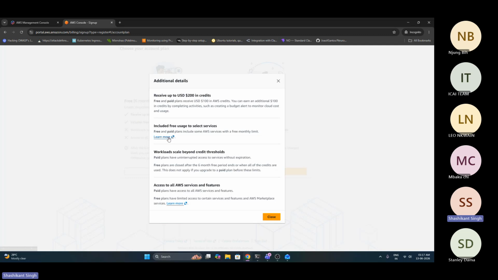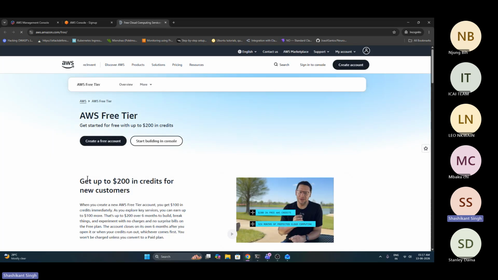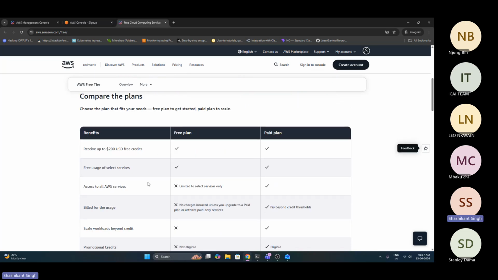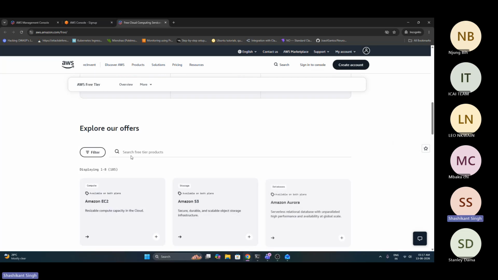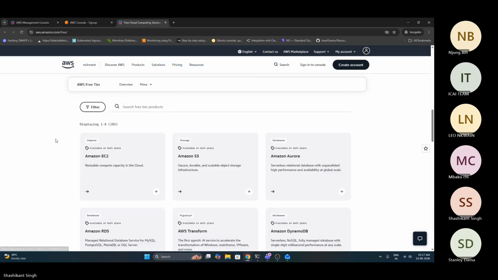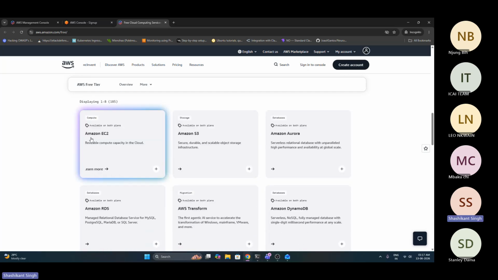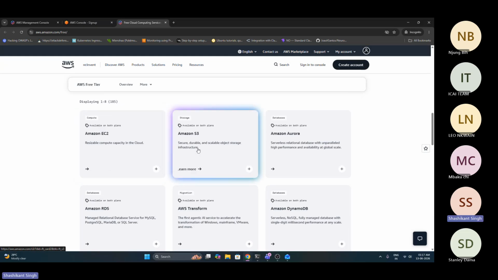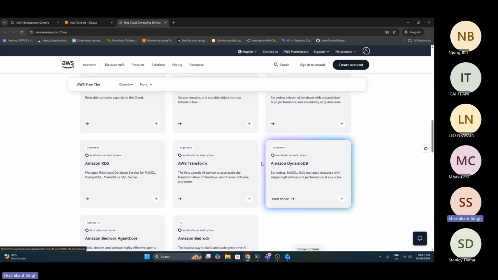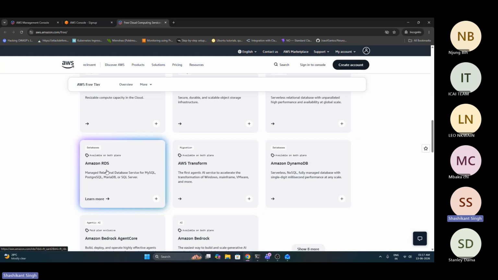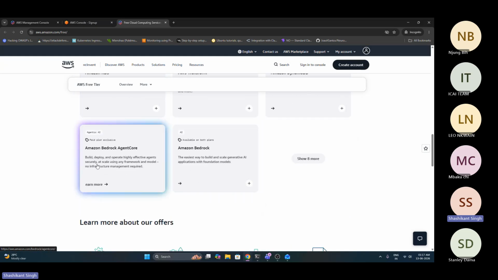Otherwise you can always click on this Learn more and that will give you the whole free tier information. You see here what is free, what is not free, other things. There it is. So this is what is in your AWS free tier. These are the ones. EC2 is free, I'll tell you when. S3 is free, Aurora is free, DynamoDB is free, Transform is free, RDS is free, Bedrock